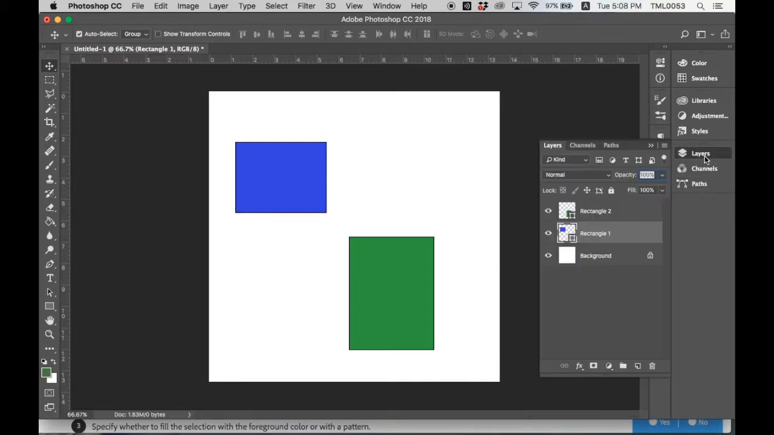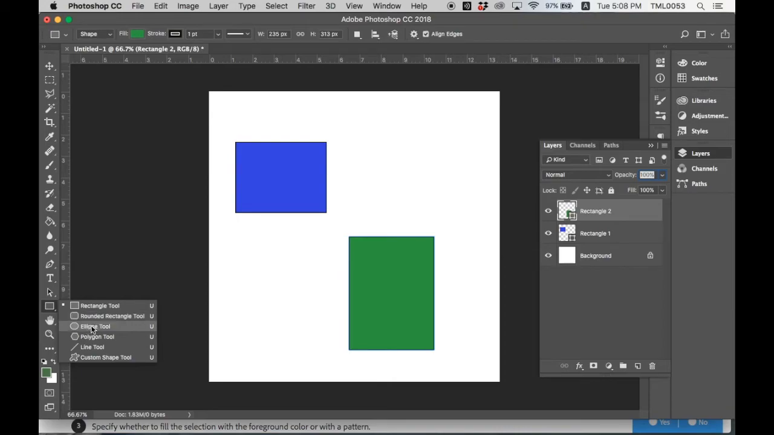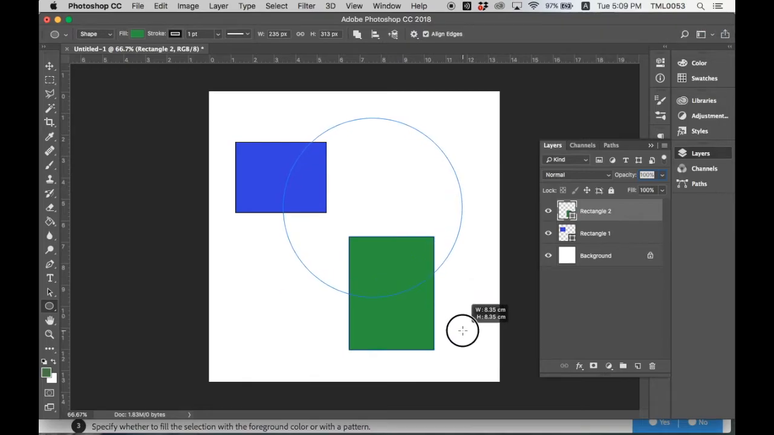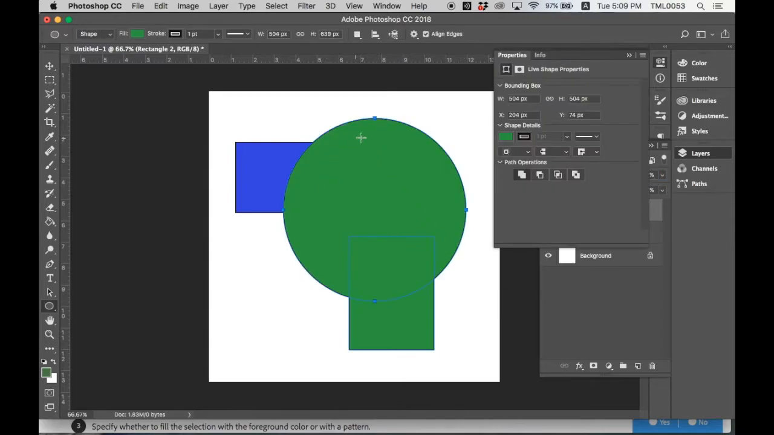Coming back to this part, I'm going to create another object here using this tool. I'm going to select the ellipse tool and create a circle. I want to create a perfect circle, so I'll press and hold the shift key. I'll create a circle here. When you press and hold the shift key, you can create a perfect circle. If I drop it like that, I let go of my mouse and let go of my shift key. You can see that the circle comes out,